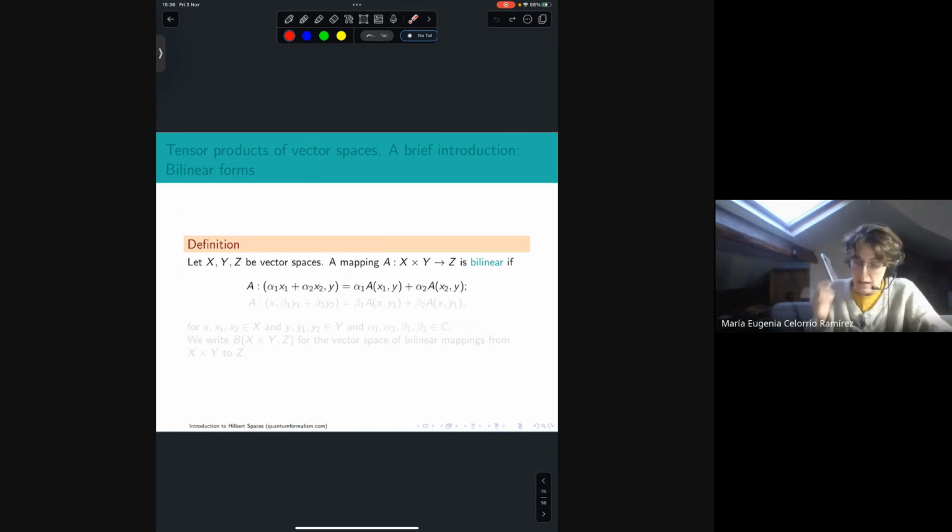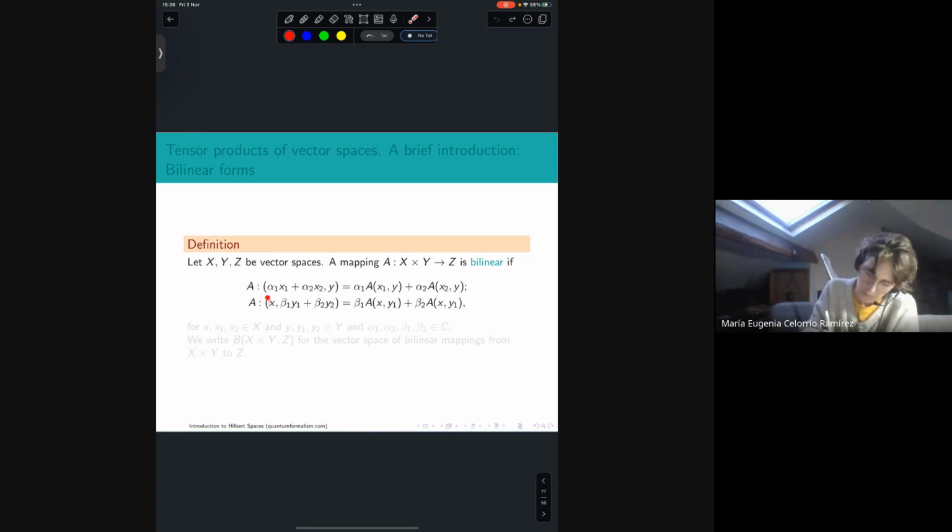So basically, A applied to alpha 1 x1 plus alpha 2 x2, y, we can separate it, so we can linearize it and take alpha 1 out times A x1 y plus alpha 2 A x2 y,